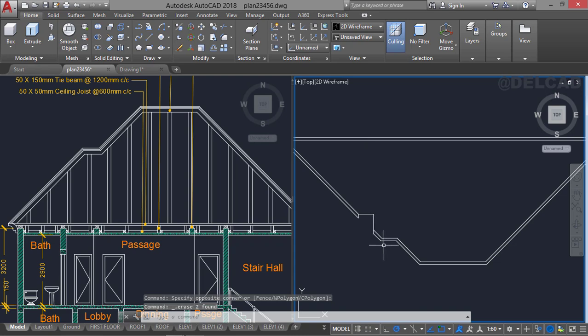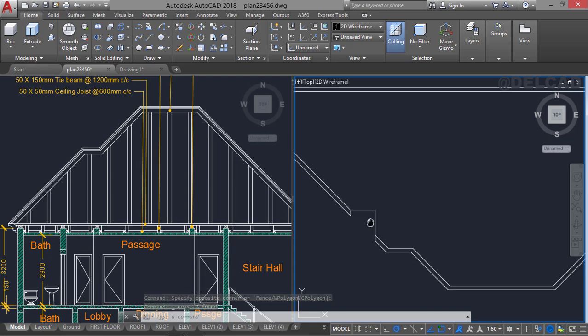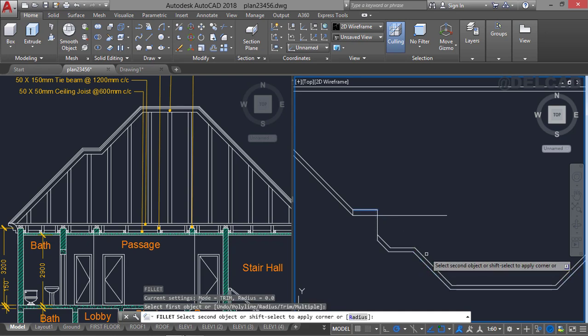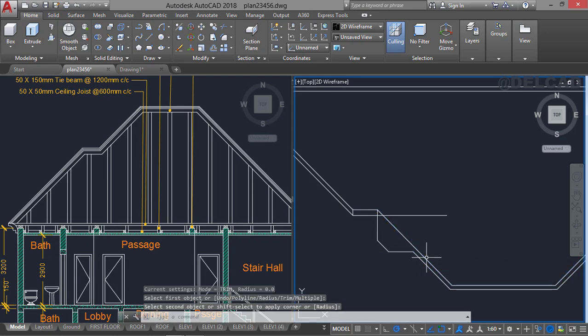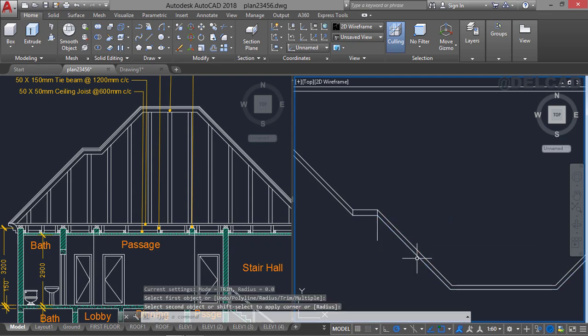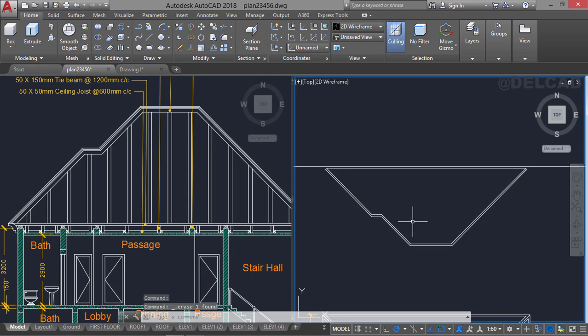So from this roof level, we're going to have the line going up this way. So we use the line command, and we can also draw this line going this way, and then we can use the fillet command to fillet these lines and also fillet these lines, and then we can have this line deleted. This line is also deleted. So our roof is going to look like this,